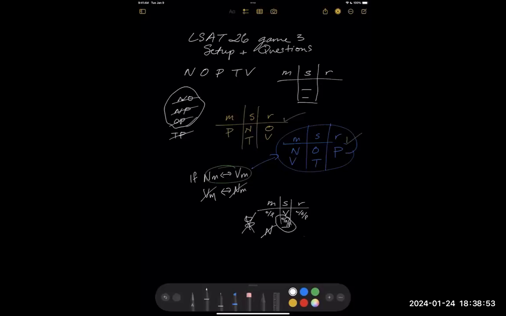You could play each of these out. You could have created an example where O goes to a movie and you would have found out that was possible. And so you can eliminate A and then you can eliminate B, et cetera, et cetera. But if you're able to work with these possibilities and see the bigger picture of how these restrictions work together, then you're going to be able to answer this question more efficiently. So yeah, T can't go to a soccer game in this scenario,